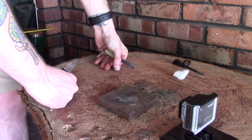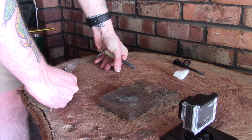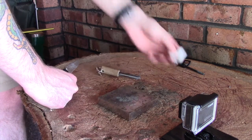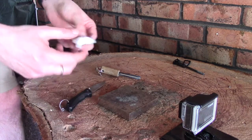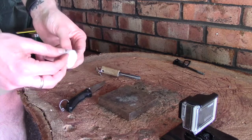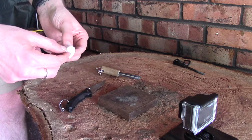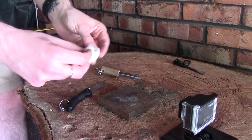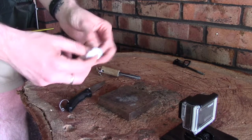And then finally, what I wanted to do was just show you lighting a piece of standard tinder. Now I think a lot of us probably use something like this, which is cotton wool. And as with any kind of fire lighting, the most important part is preparing your tinder. So it's something like this. I mean, cotton wool generally lights first time regardless, but to give yourself a bit of extra help, if you like, what you really want to do is rough it up, get a lot of air in between those fibres,